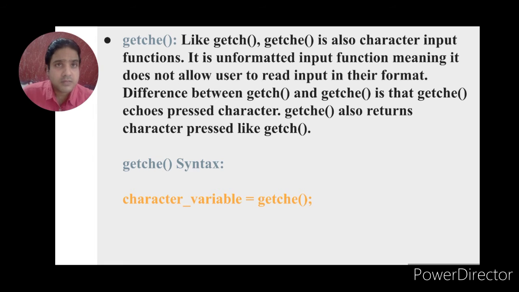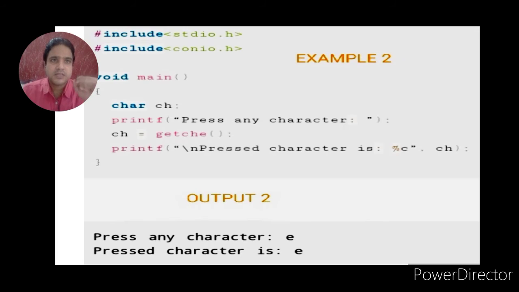Second, the next is getche. This is totally similar to getch, but in this case the e in the last is for echo, which represents that whatever key the user presses on the keyboard will echo on the screen, and we can print it out as well. It will also return the character value to a character type variable. This is the syntax here in orange format. Character variable ch = getche(). This is the example. ch = getche(). This will echo on the screen and print the value. Here the output is both here. Press any character e, it means it will echo and the user may print this value also.